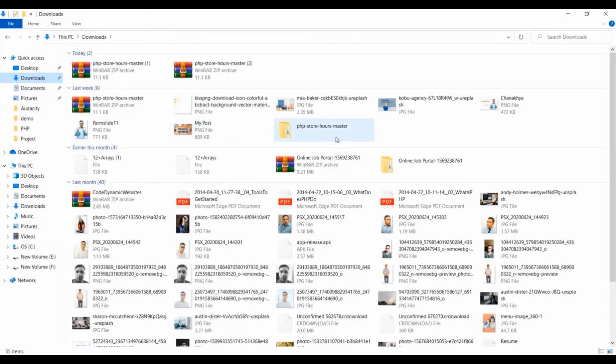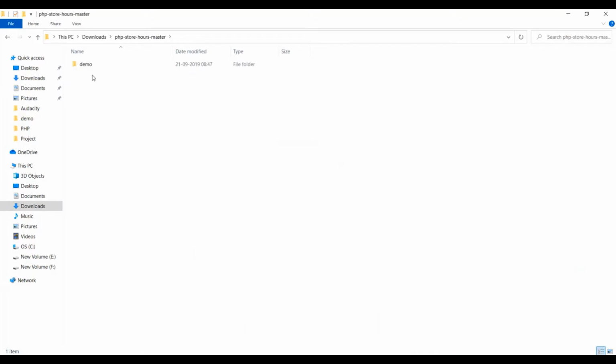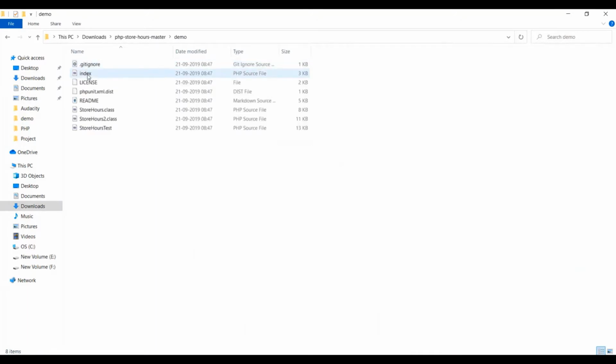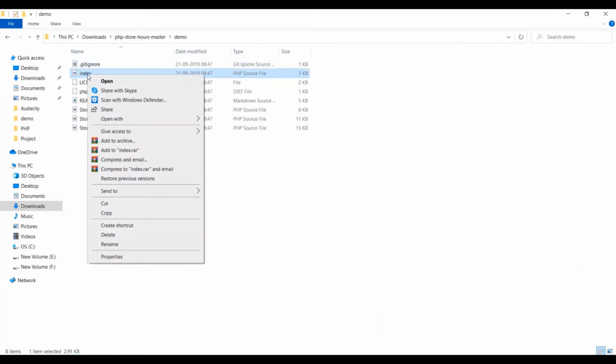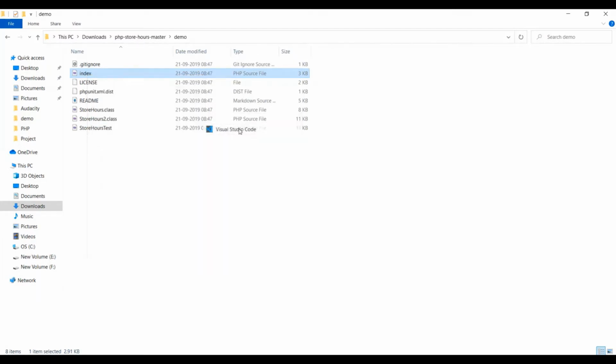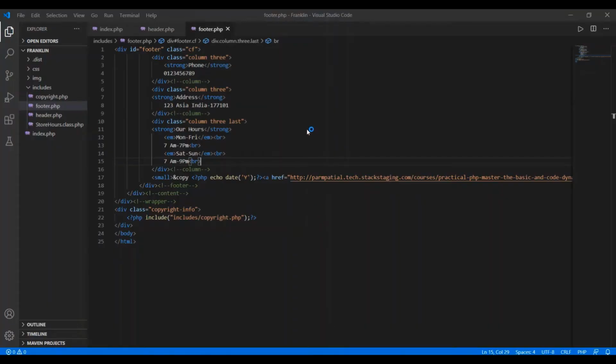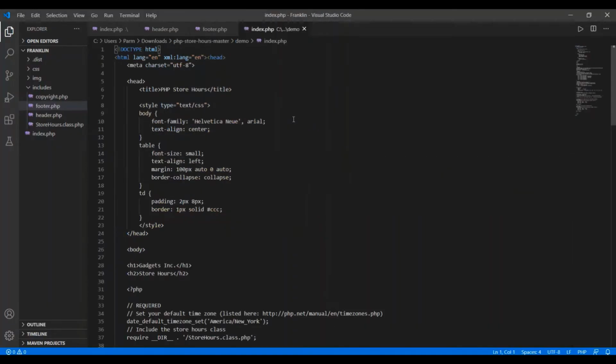Again move to your download, and right click here and open this file, this time using open with Visual Studio Code. This file is open.